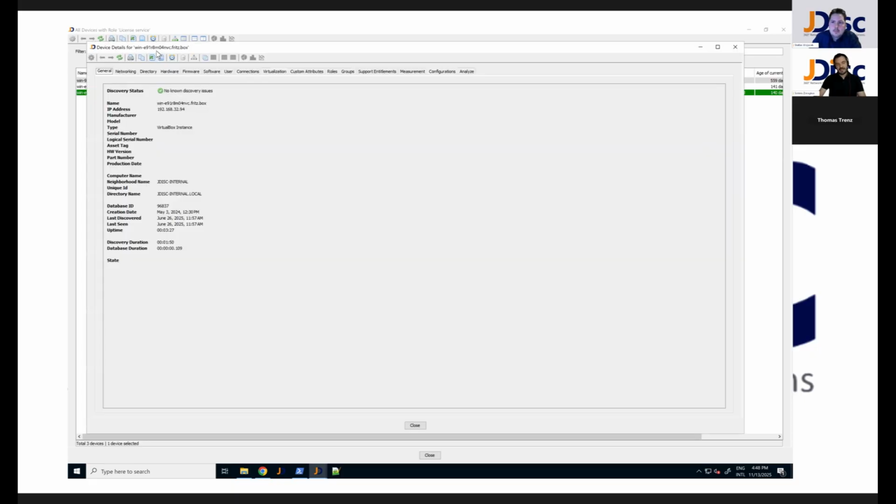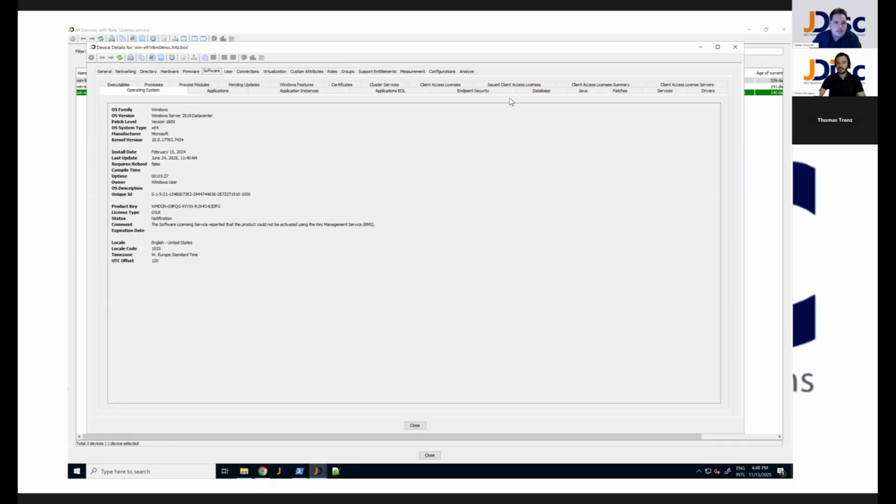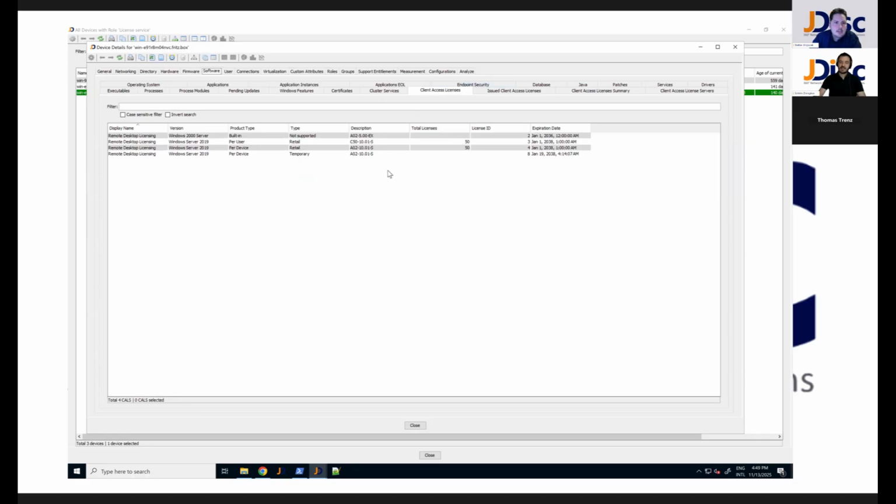In these devices, if we go to the device details and go to software and then to client access licenses, we can see that in this device we have imported so-called packages of licenses, and we have one package of 50 licenses that we can use for per device licensing, and we have